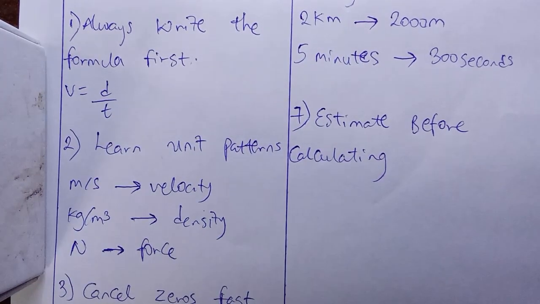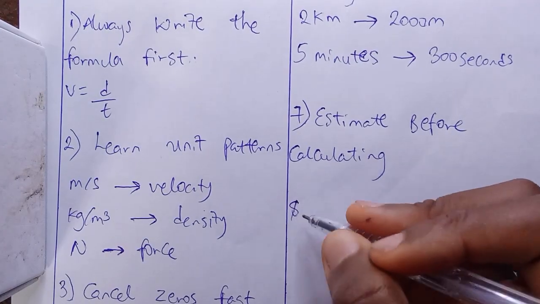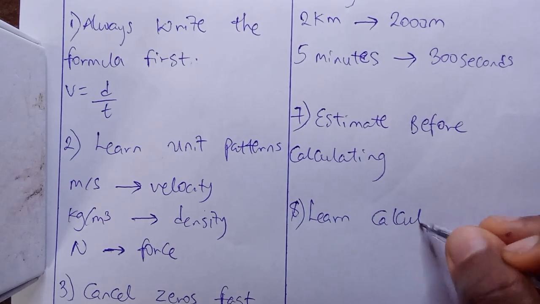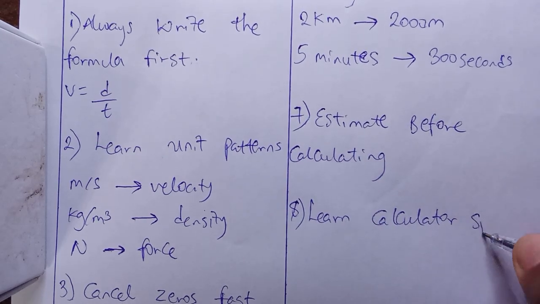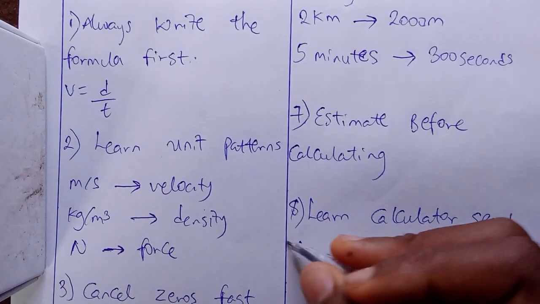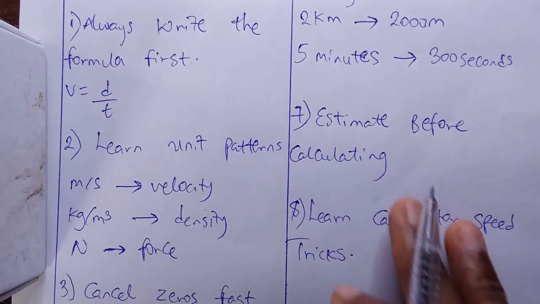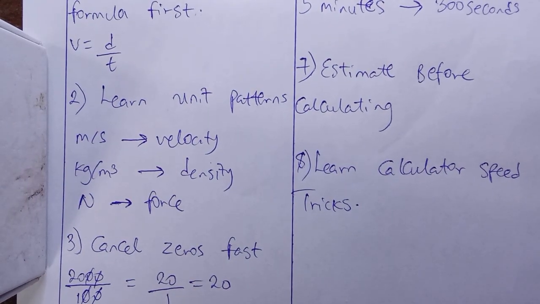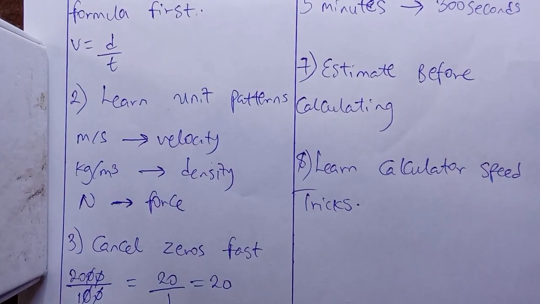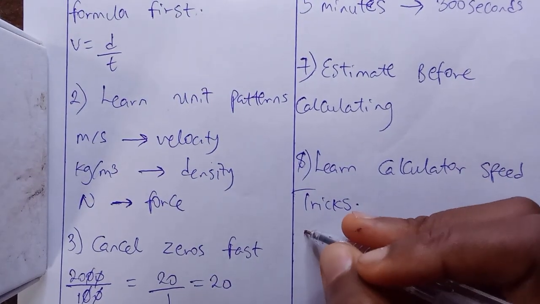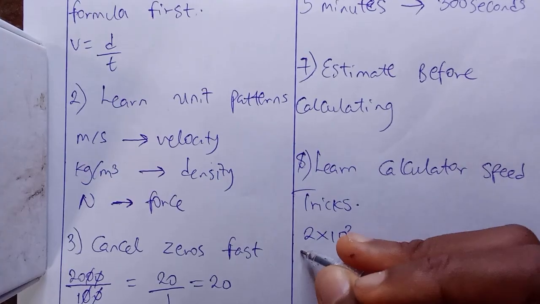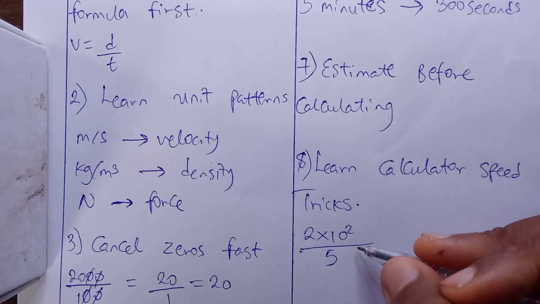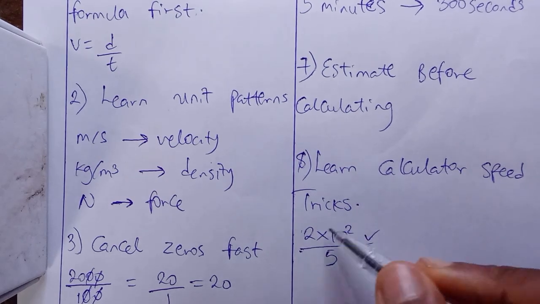And finally, learn calculator speed tricks. Trick number 8. Learn calculator speed tricks. This is another important trick for your WAEC. What does this mean? It means that, for example, if you have a question where you want to punch something like 2 times 10 raised to the power 2 all over 5,